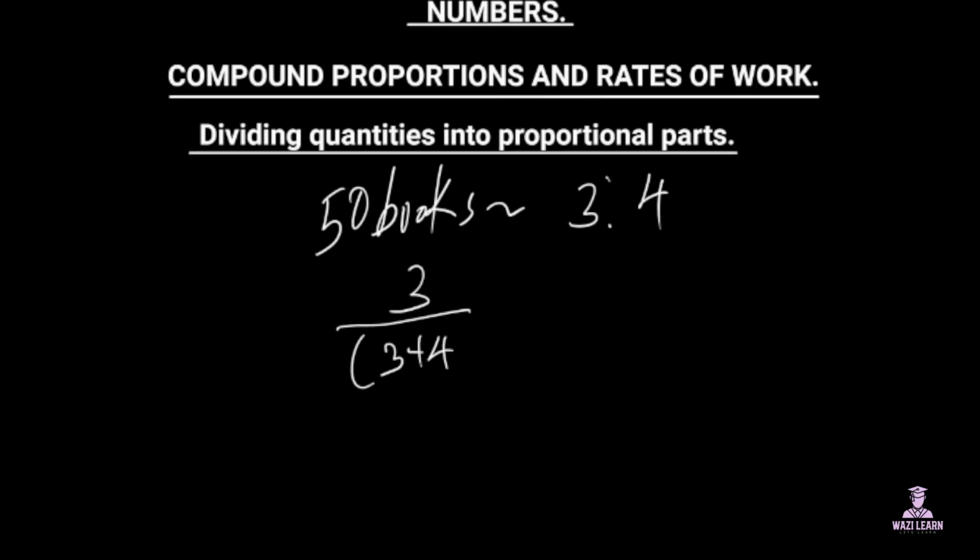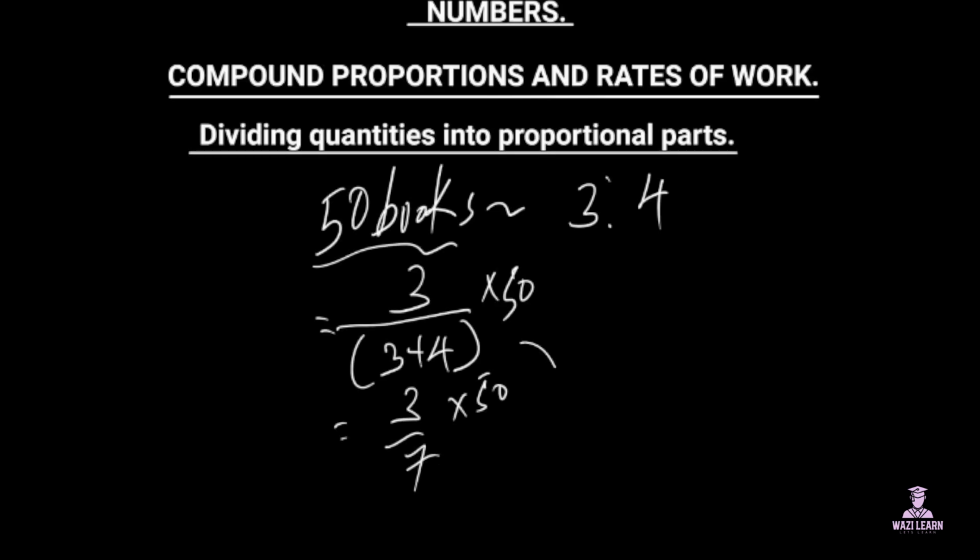Then you multiply by the total quantity you have, in this case 50. So this will be 3 over 7 times 50, which will give you 150 over 7